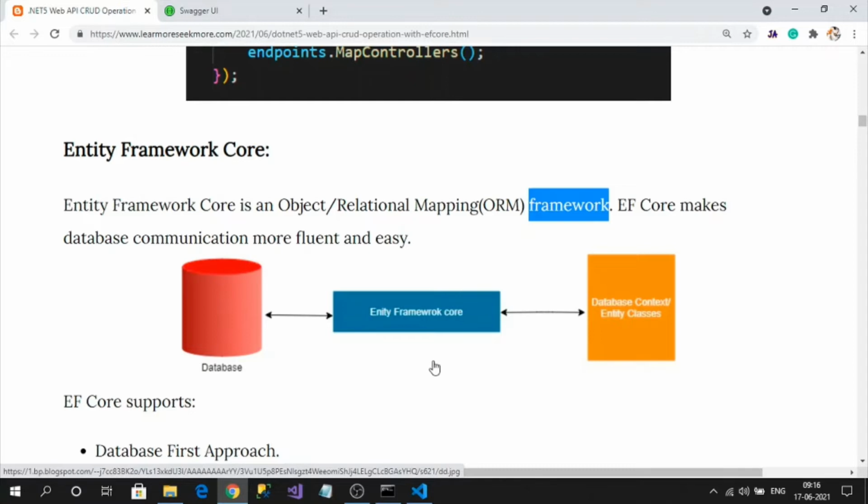Just now I showed the SQL script for gadgets. The same equivalent table in our application, we need to create as a class. Like I have a table gadgets, I need to create a class like Gadgets.cs. In that class, I must have properties whose names match my table column names.